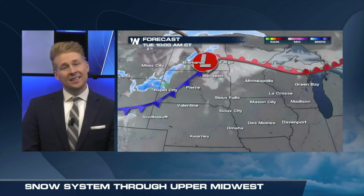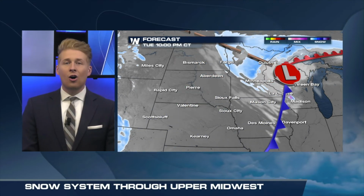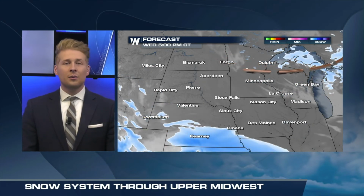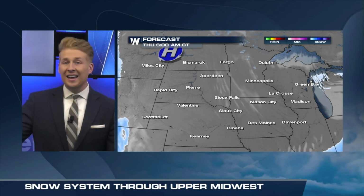Bismarck, your overnight low into Thursday morning will be down to -21, and then you're going to factor in those winds, and it's going to be maybe 30 to 40 degrees below zero with that wind chill. Cold front system, low pressure, going to all combine for that accumulating snowfall through the high plains into the Great Lakes. Then there's that second system that I was talking about through the Rockies in towards Nebraska, in through Kansas,